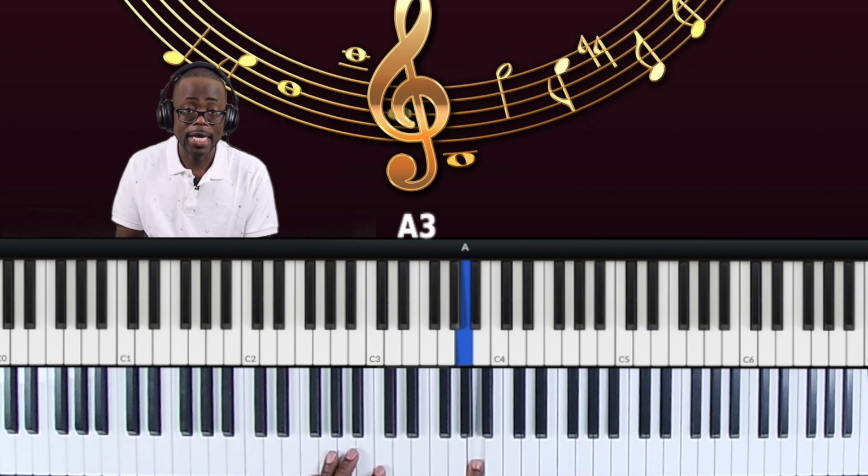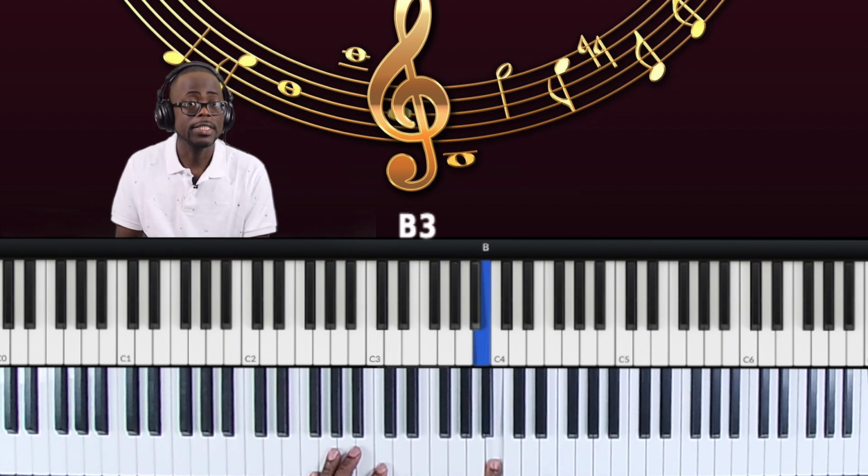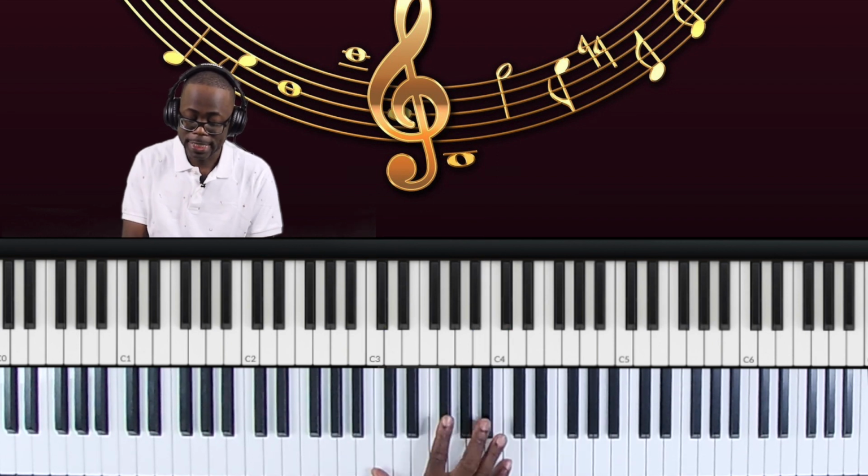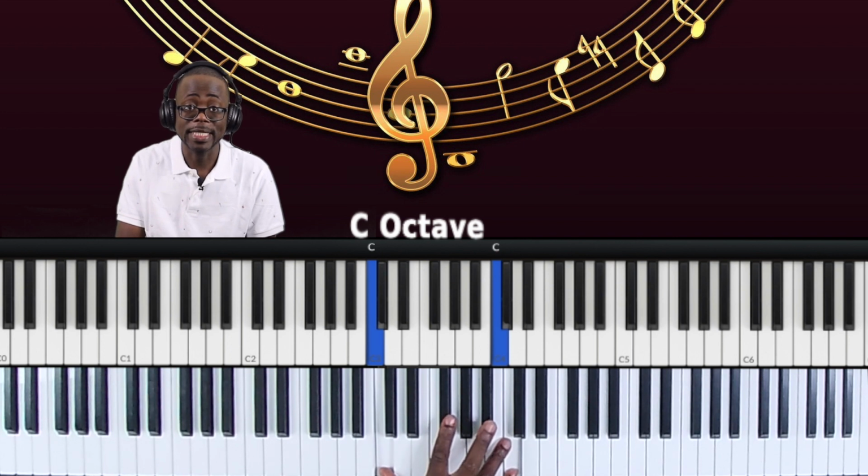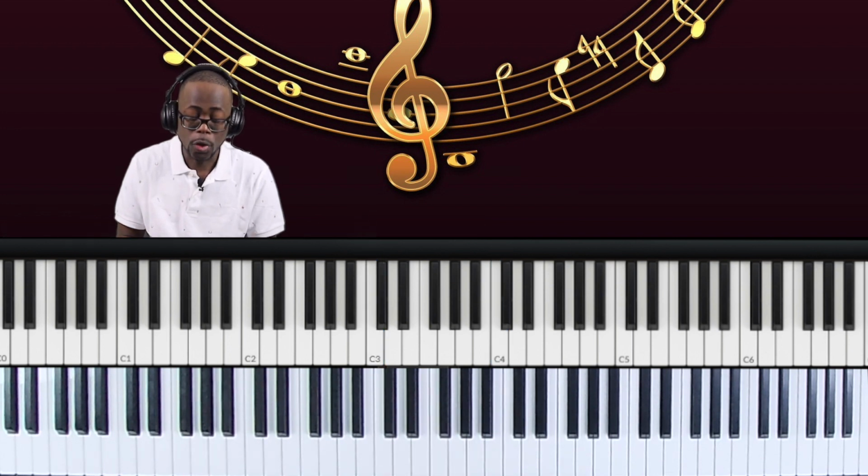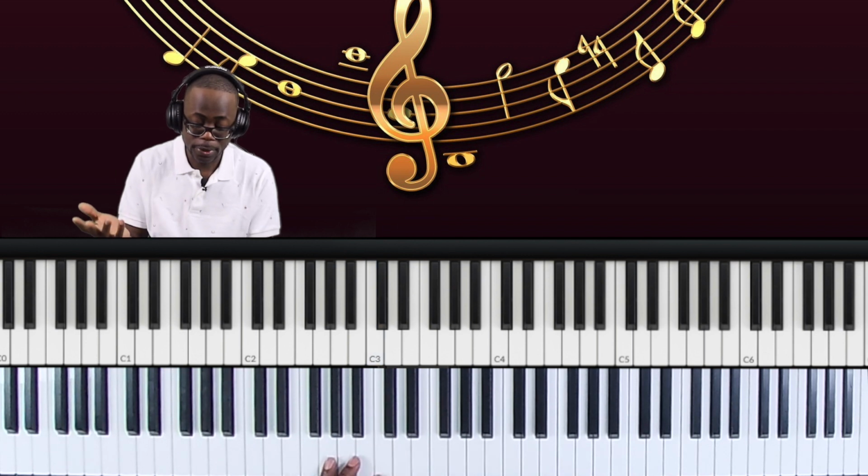C to A is called a major sixth. C to B is called a major seventh, and C to C is called an octave. However, we have different terminologies that we can use in describing the size of an interval, which, for example,